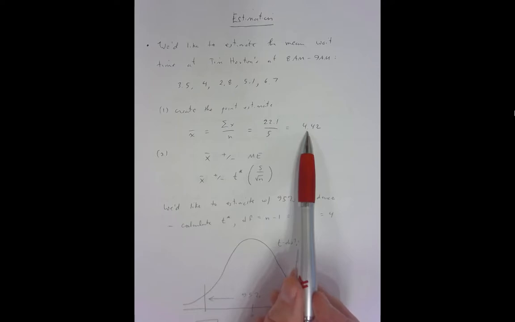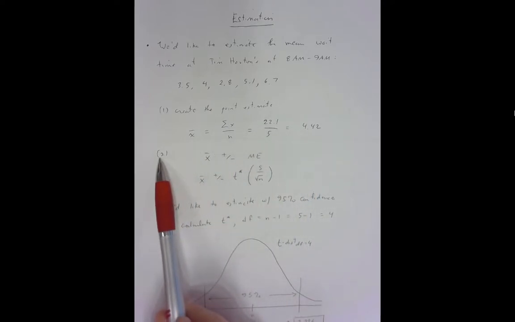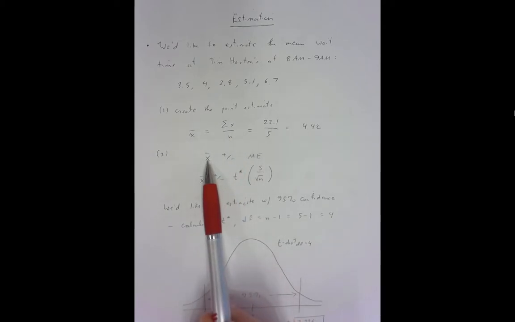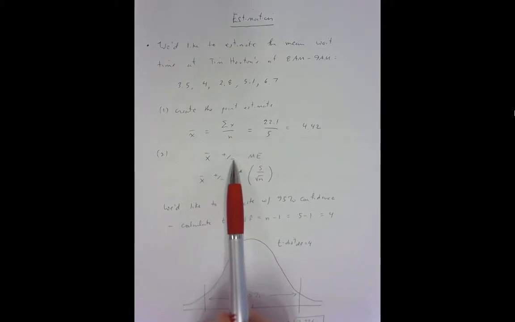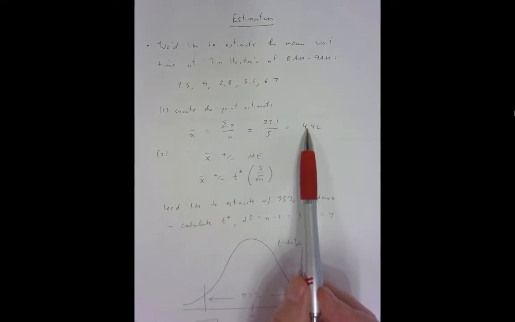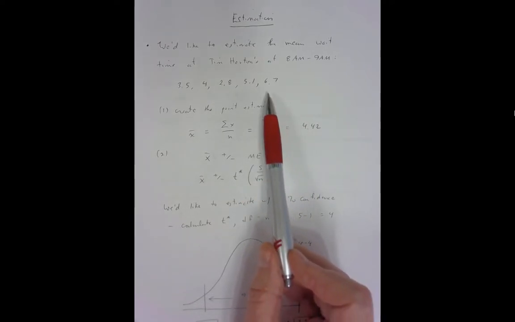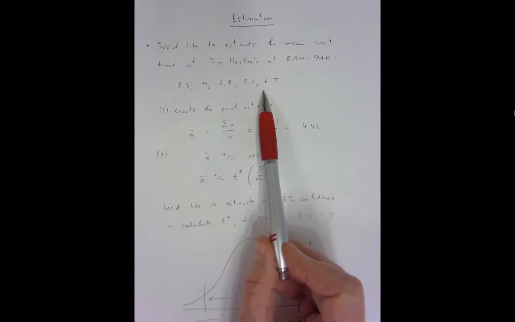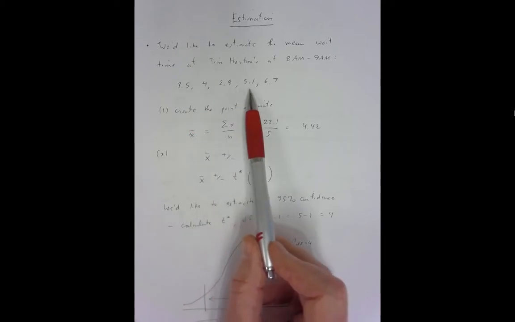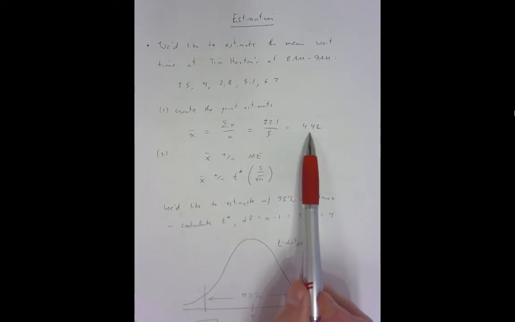So 4.42 minutes. To create a confidence interval using this point estimate, we would take the point estimate as the center and we would add or subtract margin of error. Now, why? Well, the reason we want to add margin of error is because there's nothing holy about this 4.42. If I had gone back another week or maybe at a different time during this time segment, these waits would have varied. So this 4.42, although it's important to me because it's the 5 measurements that I took,